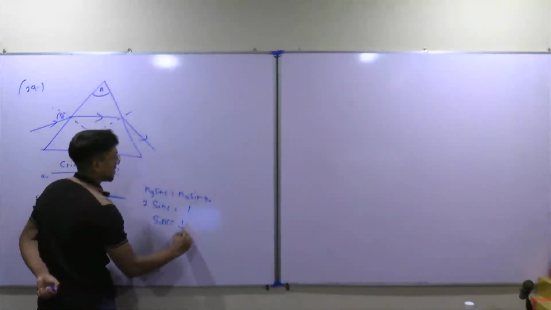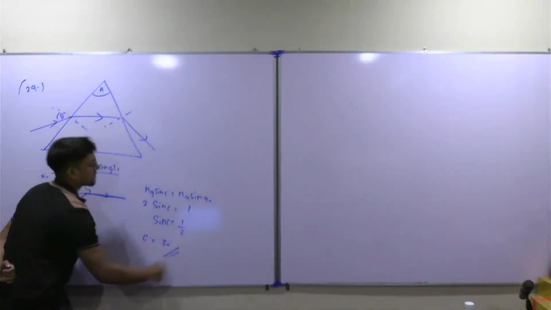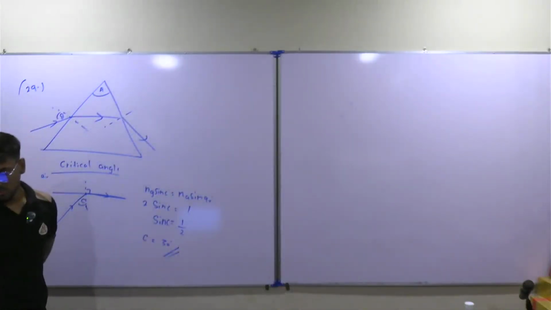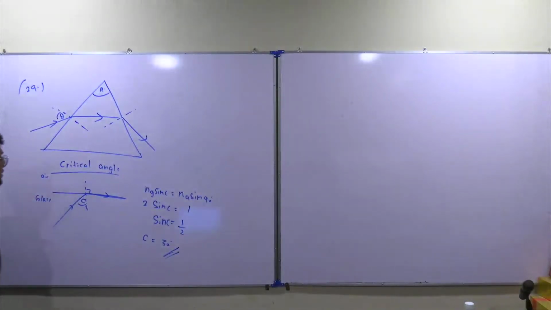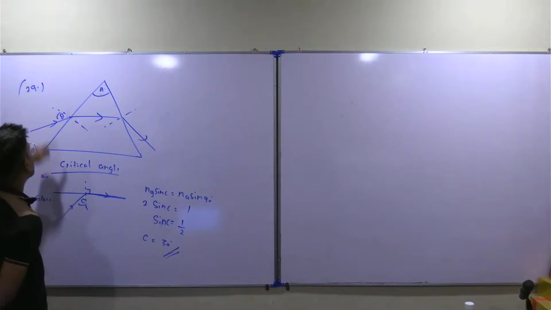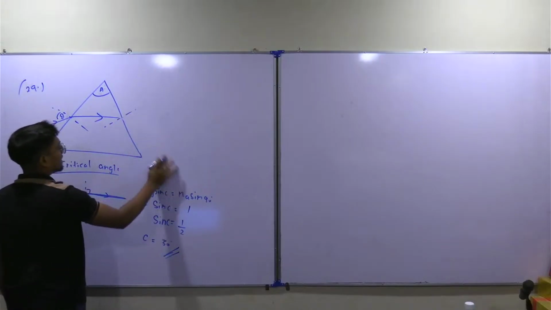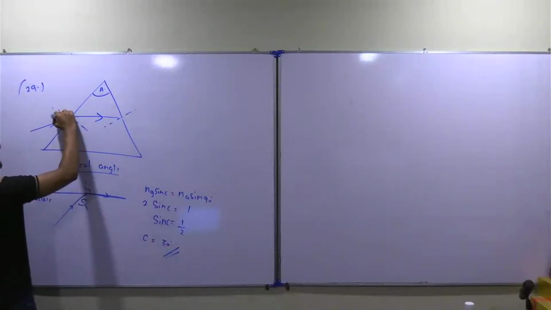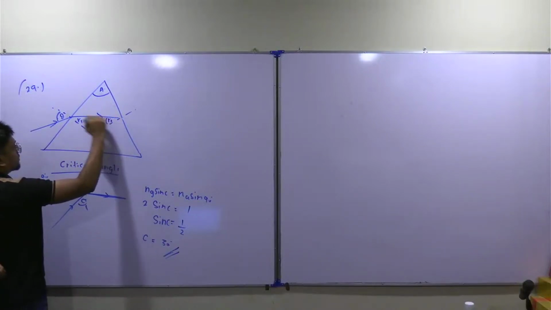Sine C is half. So C is how much? 30 degrees. So the critical angle C is 30 degrees. Now, they have given that for any angle of incidence, the ray doesn't emerge. If this is theta, and this is R1 and this is R2, you can